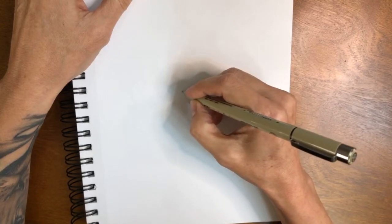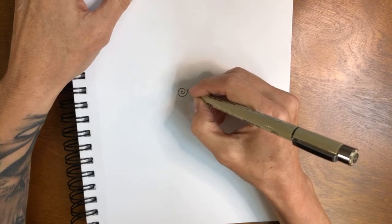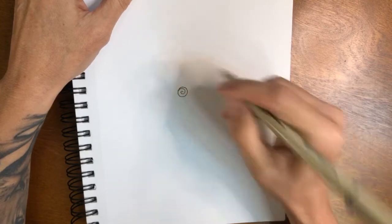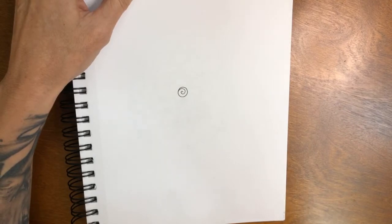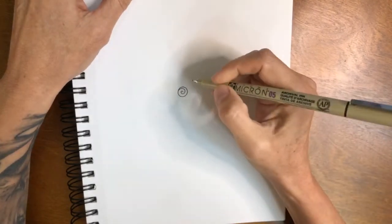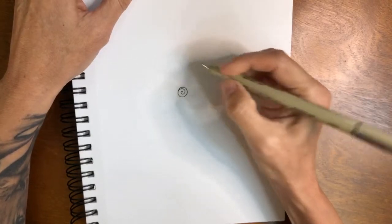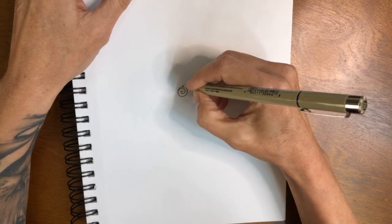Let's start with a spiral in the middle. Just do a few rotations of a spiral. And then let's see. You know what I want to do? I want to put some